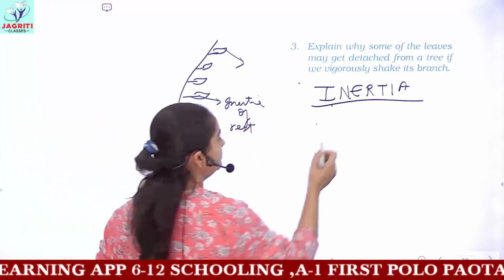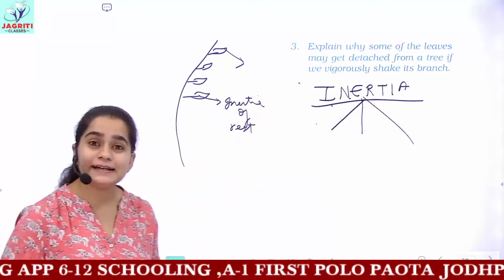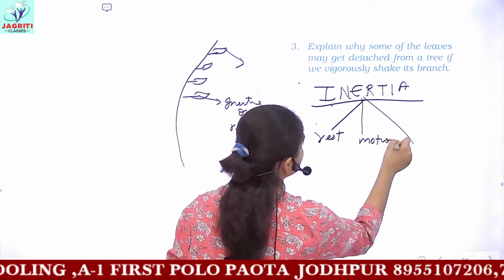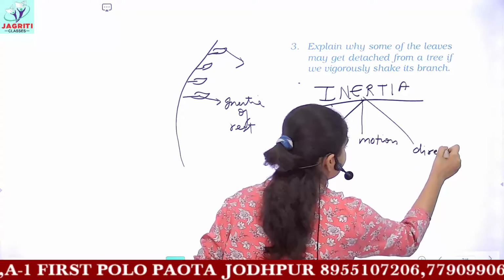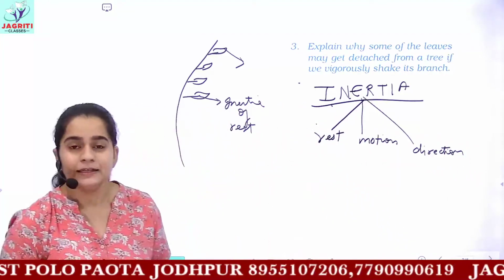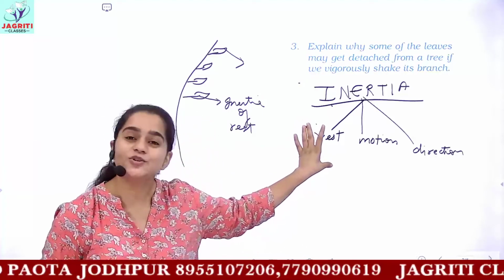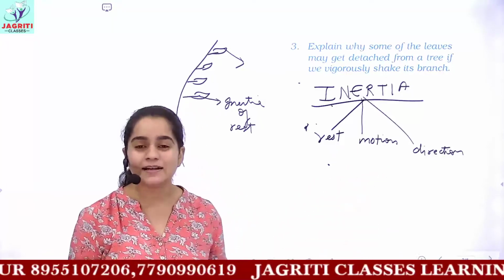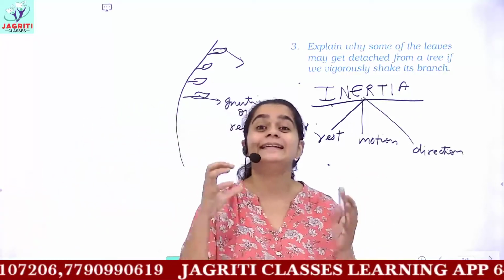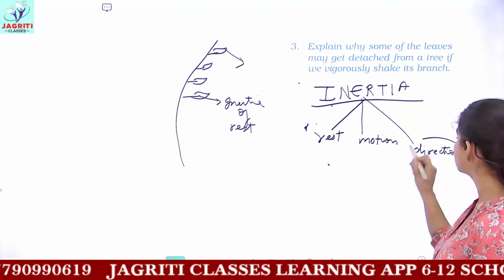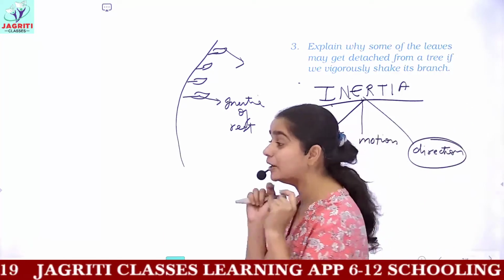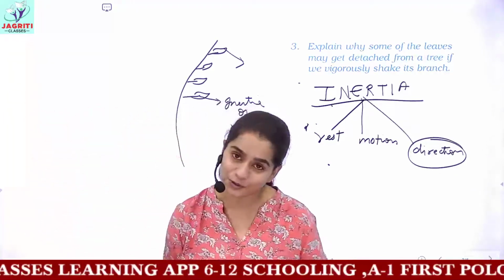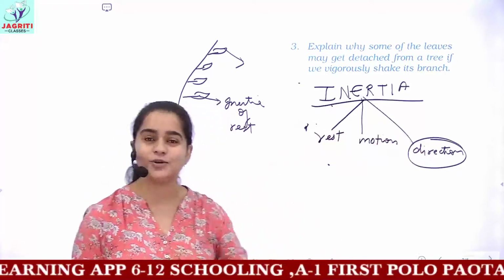This we had actually skipped earlier. See, inertia can be divided into 3 types. The first one is inertia of rest, then inertia of motion, then inertia of direction. What is inertia of rest? When the object is at rest, it tends to remain at rest. This is known as inertia of rest. Inertia of motion is similar: when any object is in motion, it tends to remain in motion. And inertia of direction: when any object is moving in a particular direction, it will keep moving in that direction until you apply any external force. So these are the 3 kinds of inertia you have.